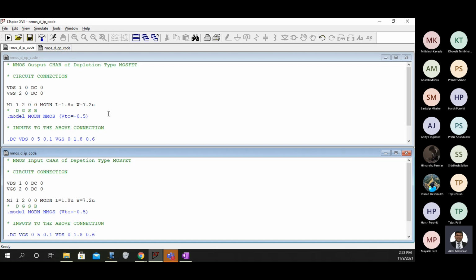So first you will post these two codes like this in your chat box. I will check the code, then we will simulate. Come on. It is just a matter of saving the files and doing minor changes in them. Minor means there are just two changes. One is obviously the name, and the second one is the threshold voltage.